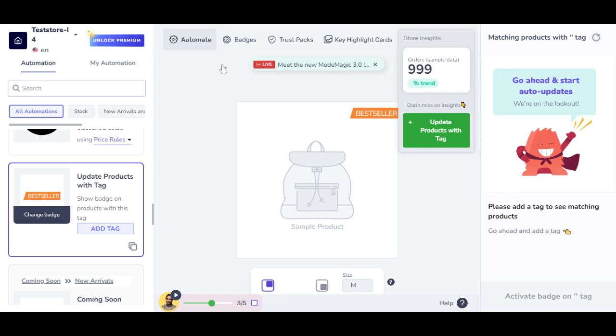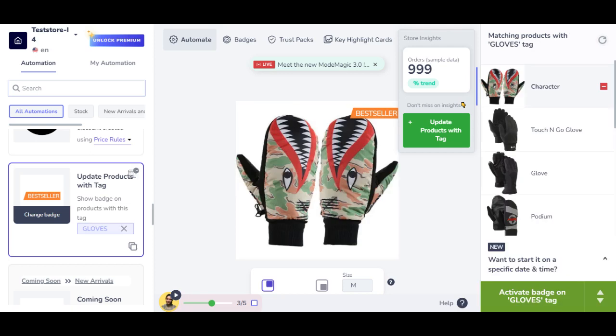Click on Automate on the top of your screen, followed by Automation on the left side of the screen. Now scroll down to the automation that reads Update Products with Tag. Type in the tag name under the Add Tag field. So when I've added the tag gloves, all of the products with this tag can be seen on the right